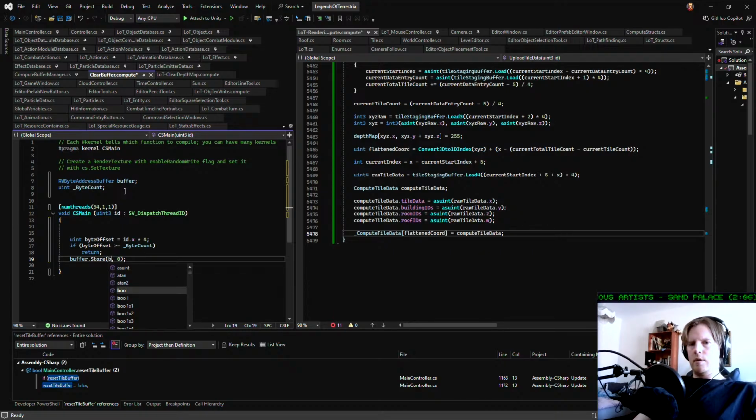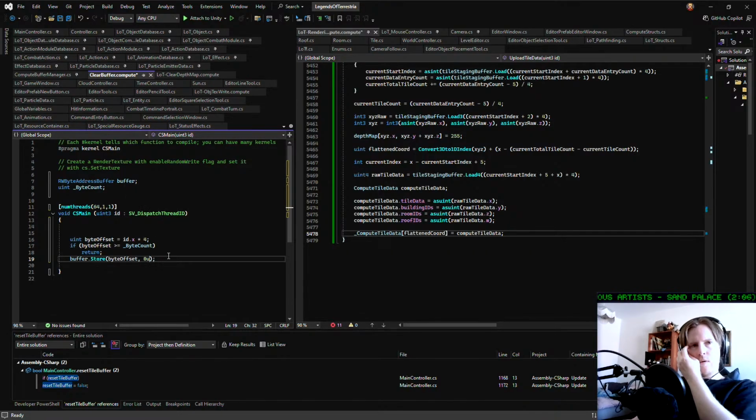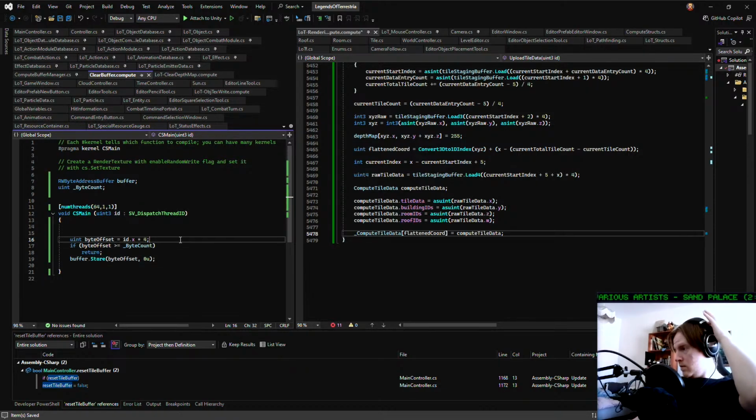Byte offset set to 0. And the uint count is then